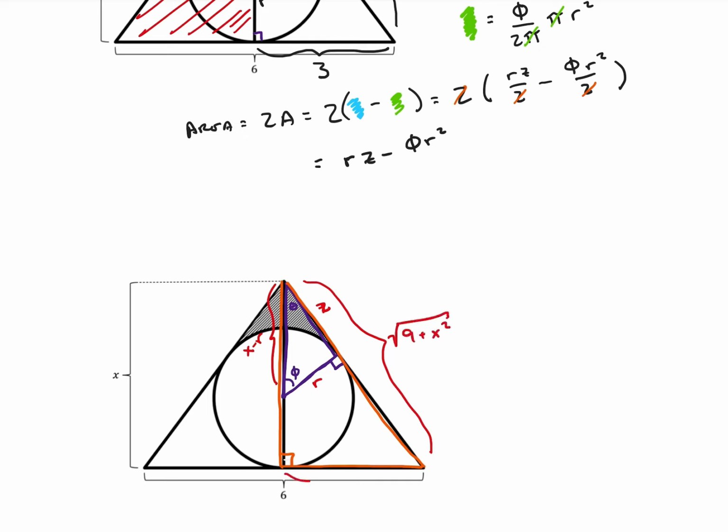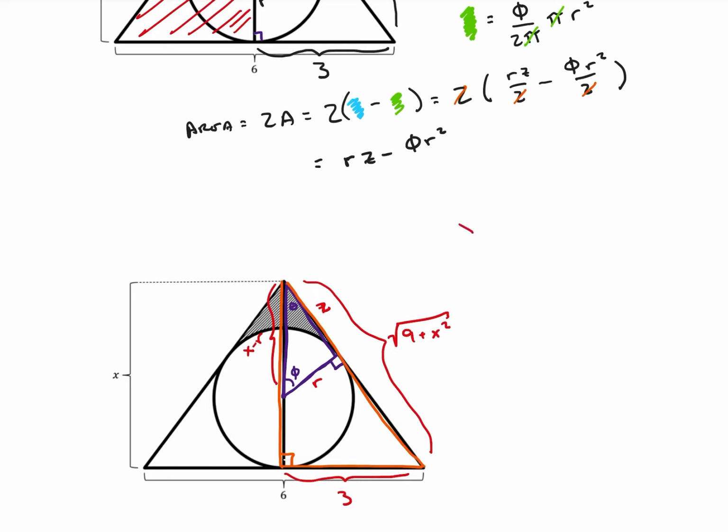And then I have my base, which is 3. So if I'm looking for first an expression to simplify r, so let's say I want r, it'd be great if I could get r in terms of just x. So let's use the sides here that only have x and r in them, and let's come up with an